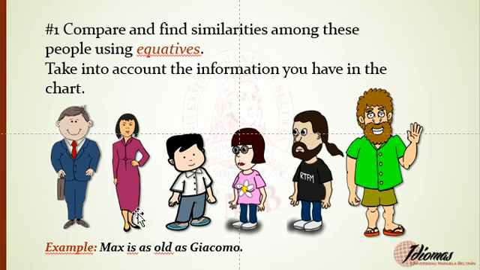On Canvas modules, you're going to compare using equatives as, okay? You are going to compare these 6 people, okay? They have the name and different information about the physical appearance, age, for example. So according to that, you're going to observe and do an activity on modules on Canvas. Okay, that's all